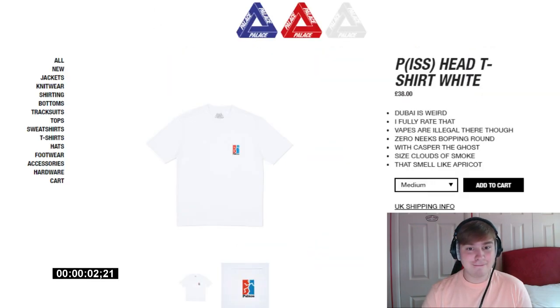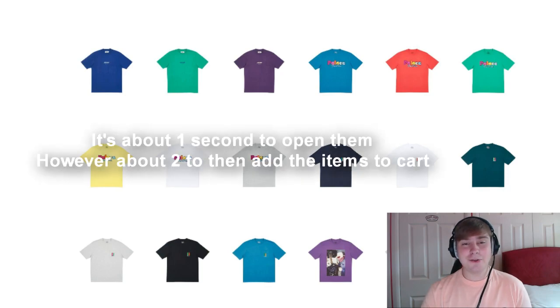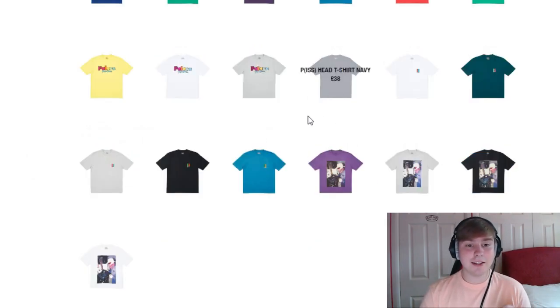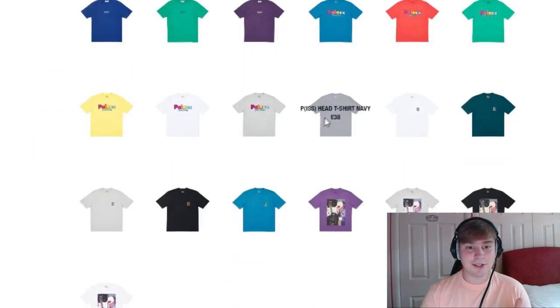Done. So not even a second, and I can open 2 items, even if you would just right click opening the items. The only downside is if you are right clicking, you can right click anywhere on the T. However, if you are middle clicking or clicking your scroll, you have to make sure that